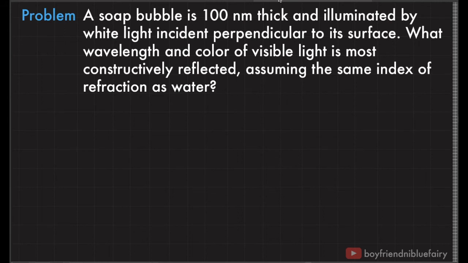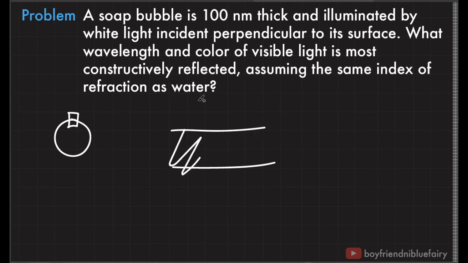Let's have an example involving thin film interference. A soap bubble is 100 nanometers thick and illuminated by white light incident perpendicular to its surface. What wavelength and color of visible light is most constructively reflected, assuming that the film has the same index of refraction as that of water? So here we have a soap bubble. If we magnify this portion, it looks like this. This is the liquid part of the bubble, and it is being sandwiched by air above, outside, and we assume that inside this soap bubble is just air